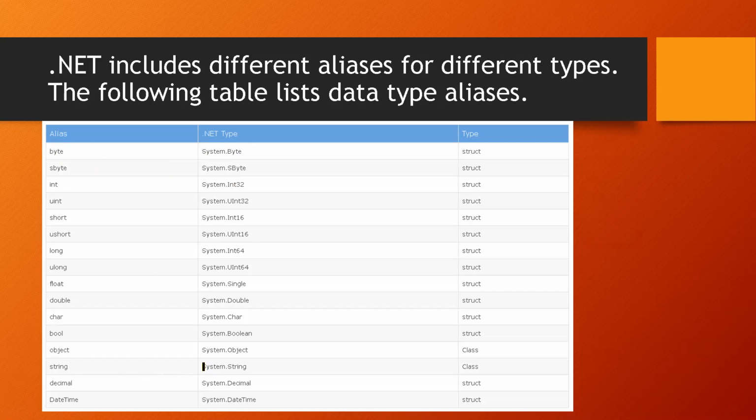In the same way, System.String is a fully qualified name and string is an alias name, and the type is class. In the same way, System.Int64 and the alias name is long. Means either we can write Int64 or long. Long is the alias name of Int64.